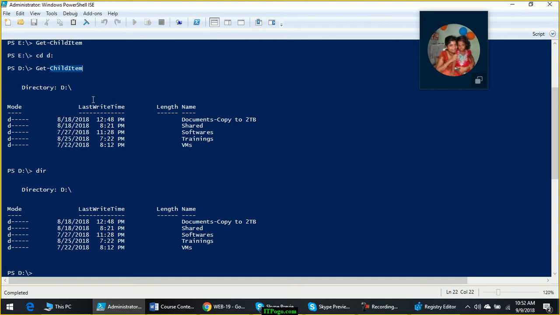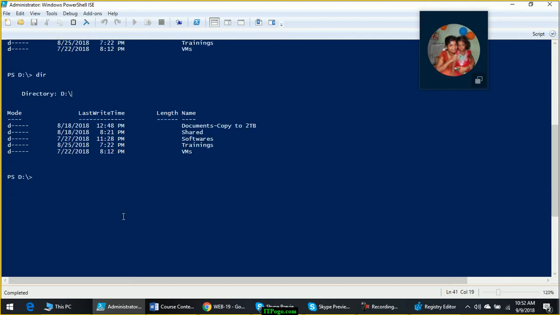This command does not say get files and folders or get files or get folders or get registry keys. This is a generic command which is going to help you to browse anything, whether you are browsing file system or you are browsing registry.